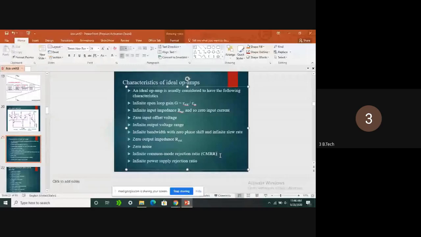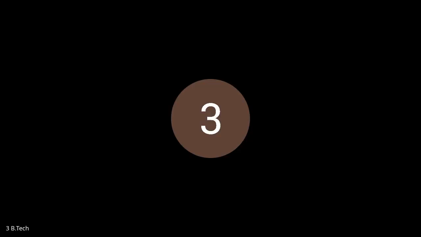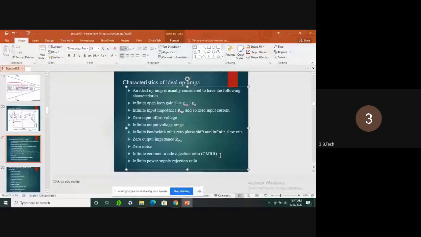See, it is a simple amplifier. It does not know whether it needs to work as a differential amplifier or as a common mode amplifier. Common mode amplifier, in the sense, will add the two inputs and provide the output. But a differential amplifier subtracts the inputs and provides the output. But an operational amplifier should always work in differential mode only, not common mode. In common mode, it is going to add two input signals. Again and again I am repeating, so you need to listen very carefully.